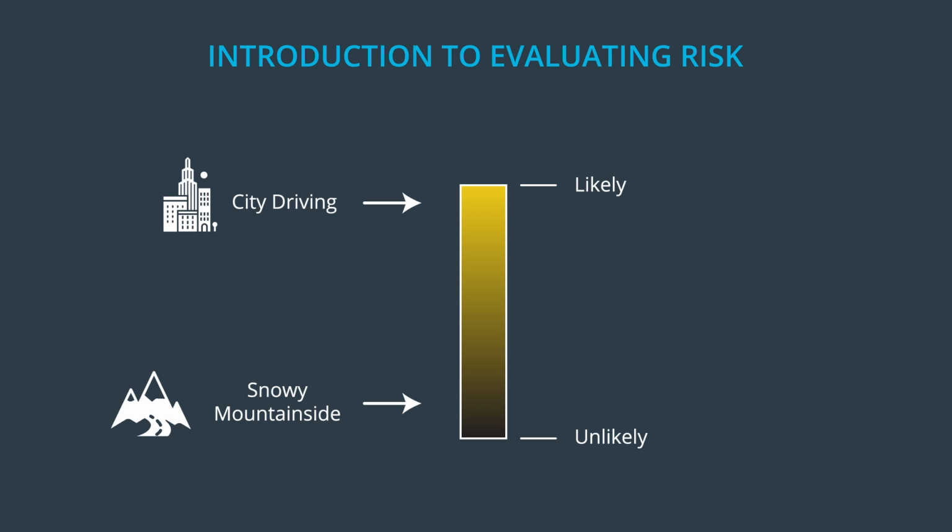Probability of occurrence only takes into account how often you find yourself driving in a certain situation. It does not take into account how likely a malfunction will occur, like the probability of your brakes failing. Failing brakes would lead to high severity but would not affect probability of occurrence.